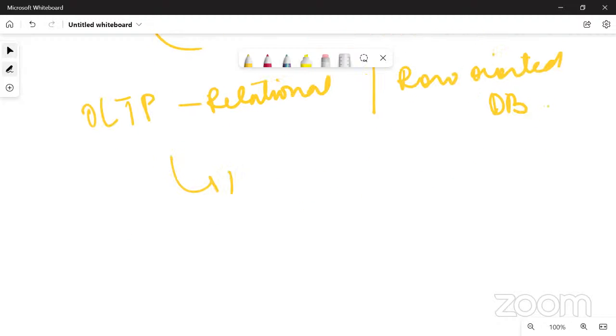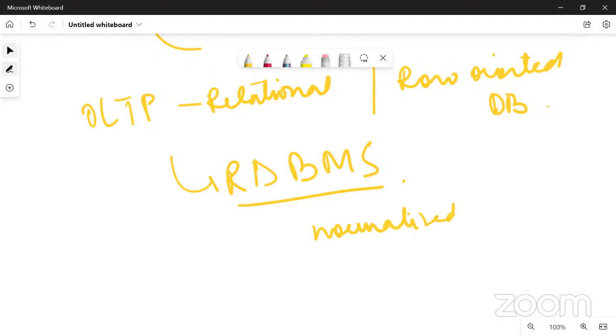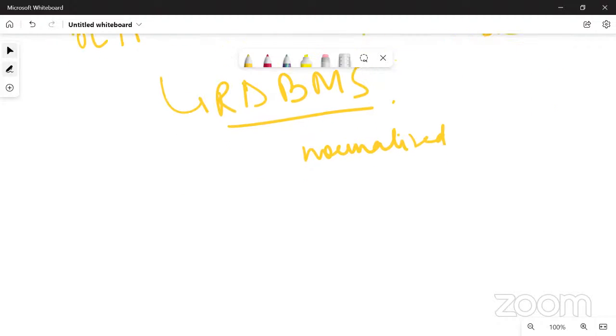You might have heard of the term relational database management system, RDBMS. It is one of the earliest data stores. Data in an RDBMS is organized in tables. These tables are normalized to reduce data redundancy and to have better data integrity. Now tables have keys.